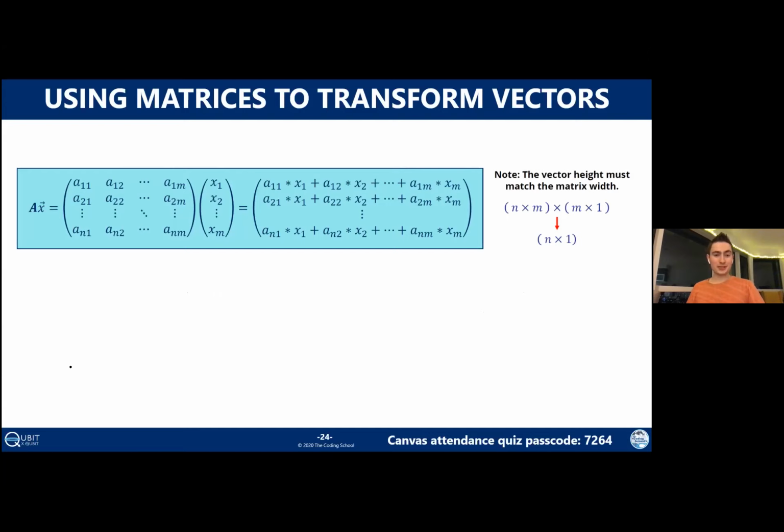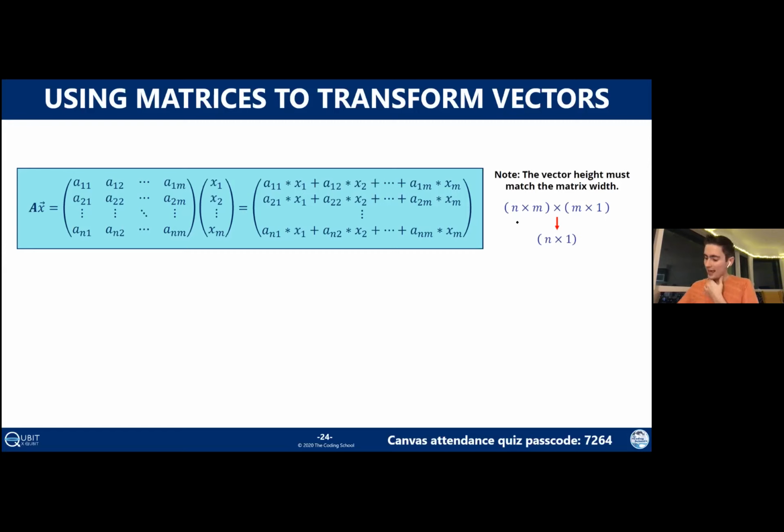So how do matrices represent transformations? Here is super scary formula number 2 of today. I apologize for that. But this is what it looks like to use a matrix to represent a transformation. So again, let's take this step by step and try to figure out what's going on. The first thing I will point out is the dimensions of everything involved here, because I heard that there was some confusion about dimensionality.